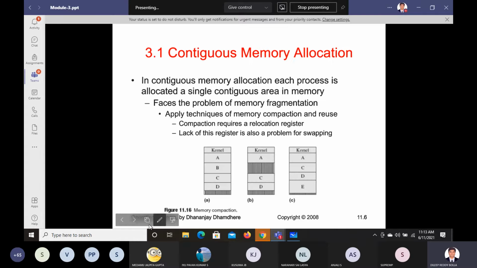Okay, now if you see here, you see this one here, where you have this kernel space. This is given for process A, process B, process C, and process D. So we have 4 processes, process A, B, C, D we have. Correct? And this corresponding portion what we have here, this is your fragment.